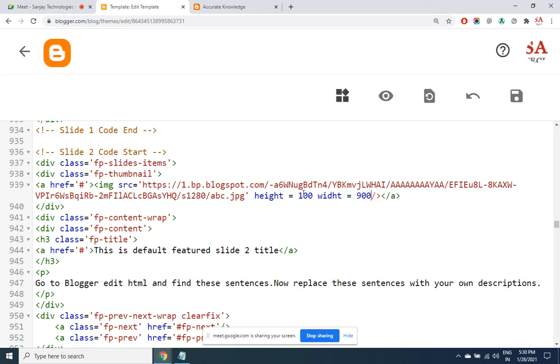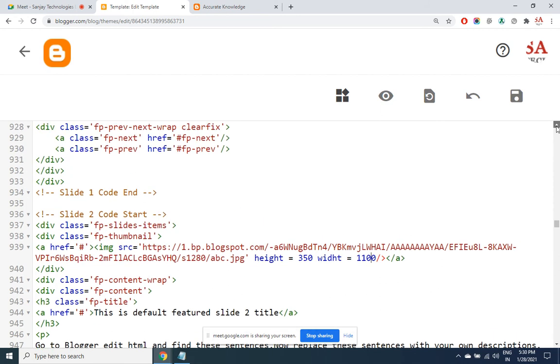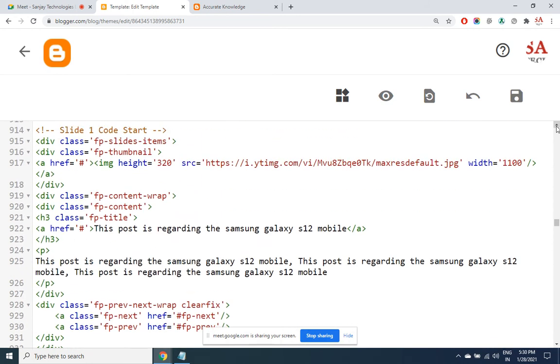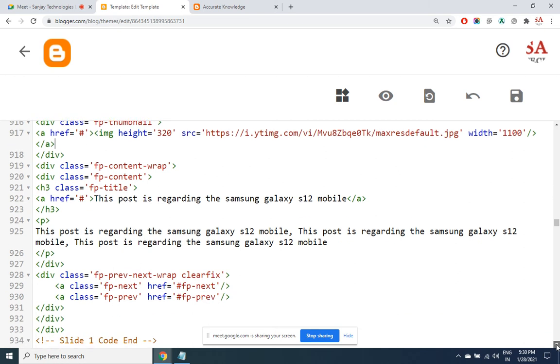So 300, 900, so 350, 350 and 1100. This is what we used here at the top. There's some syntax error there. So height is equal to, in single quotes we need to mention that, 320.